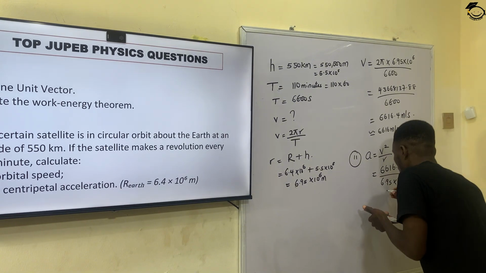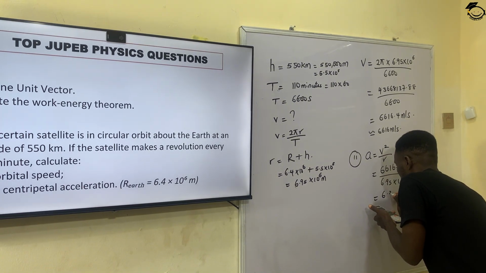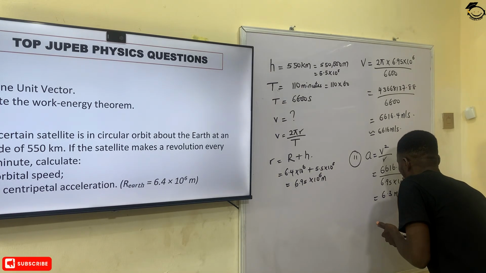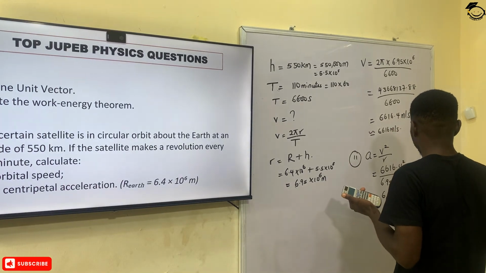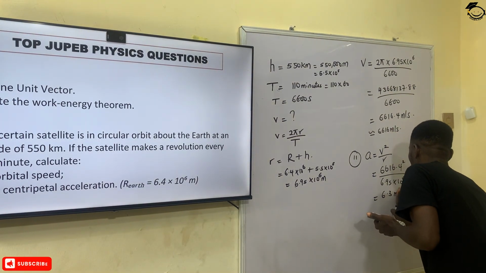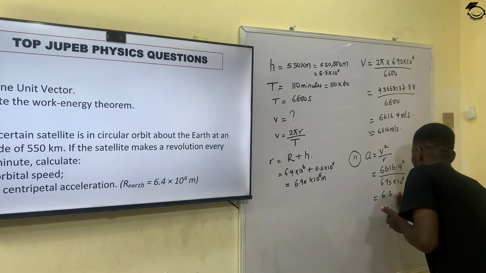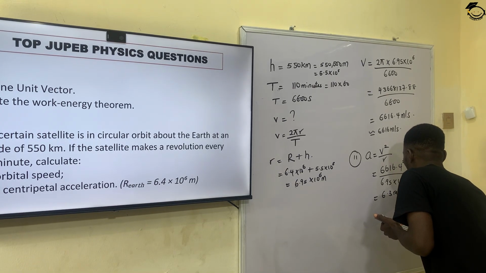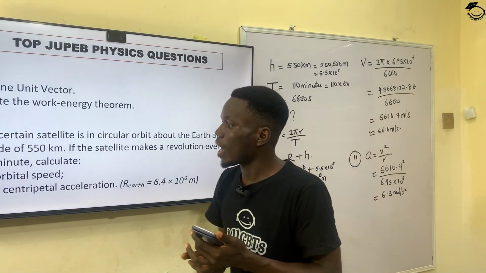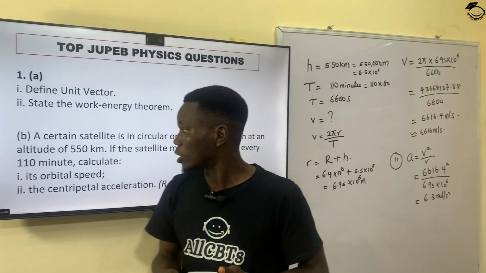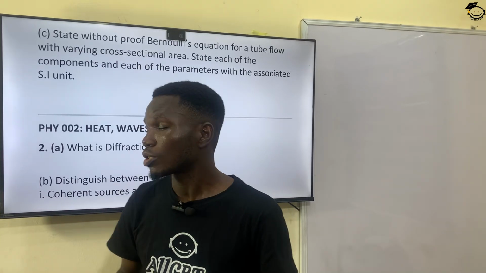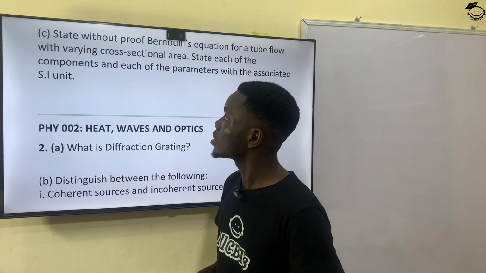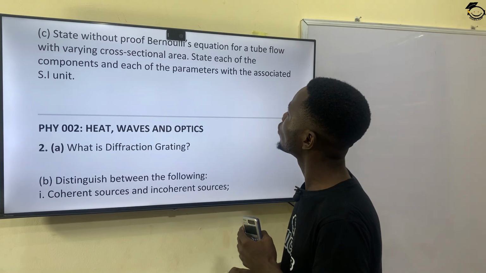That will give me 6.3 meters per second squared. So the centripetal acceleration here is in meters per second squared. At the end of the day, we have our centripetal acceleration and we've also gotten the orbital speed for this particular question. That takes us to the next question, which is question number 1C, which says, state without proof